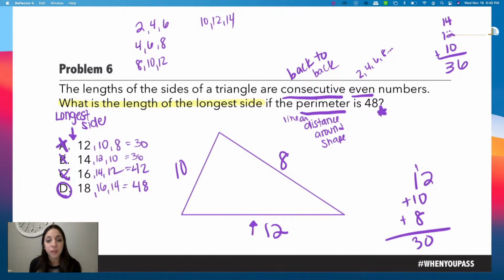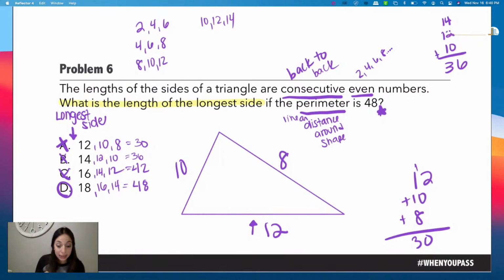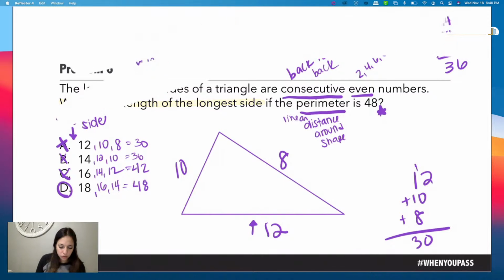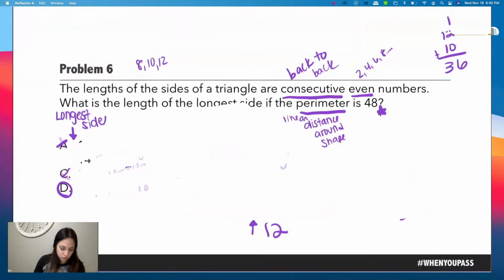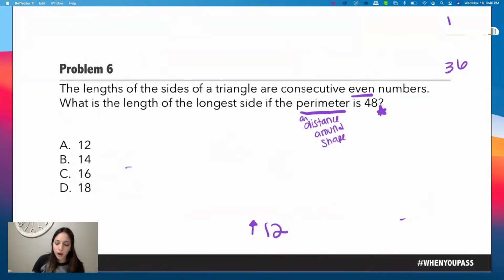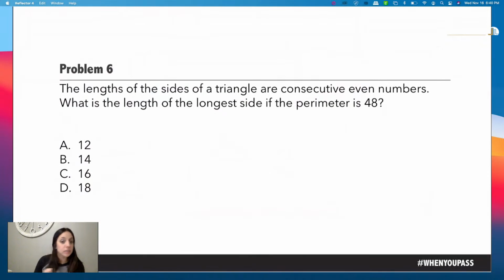So let's go ahead and talk about how to do this the algebraic way. I'm going to copy and paste this so that I have plenty of room to do it again. Let's get the biggest eraser possible. Erase, erase, erase. All right, how to do this algebraically, because not always can we use our answer choices.